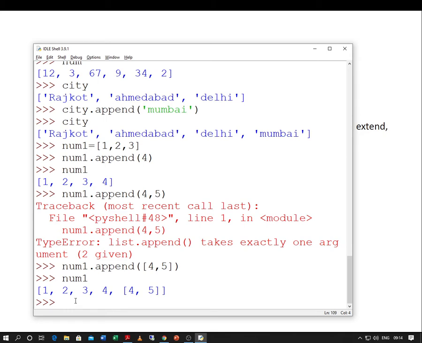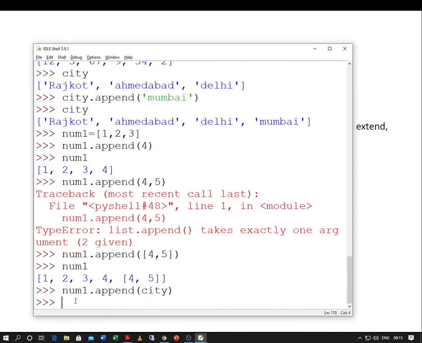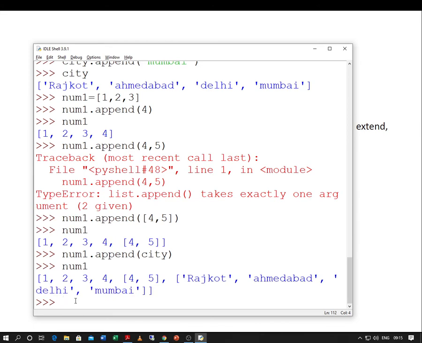Similarly, you can have num1 dot append city. So, just try to check num1 and there you go. Just a small difference, instead of the values of the list we are passing the name of the list.